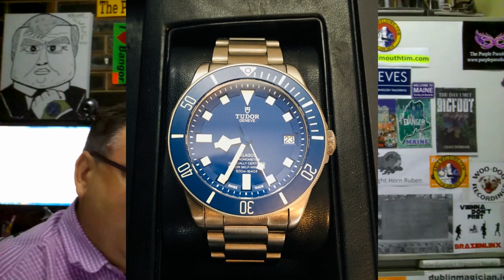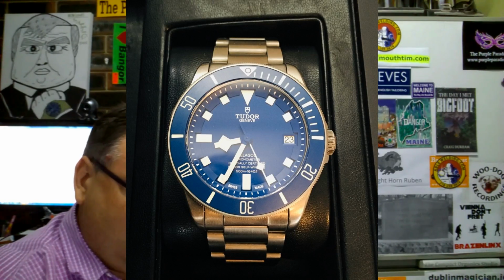Number three, Tudor Pelagos M25600TB, matte blue dial and bezel. I went a little astray with this piece. I like the Tudor Black Bay series, but I wanted a solid budget diver with a blue dial and bezel. Since Tudor is a sister brand to Rolex, it was easy to pull the trigger, considering it has an updated bracelet and movement with